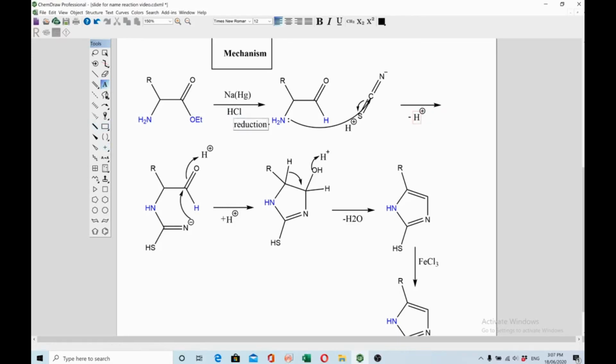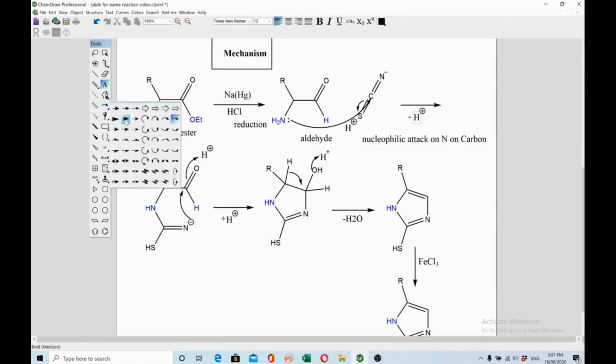Reduction, this is ester converted into aldehyde, and now the nucleophilic attack of nitrogen on carbon. So C-N bond formation takes place, which is this nitrogen and this carbon, and this S picks a proton